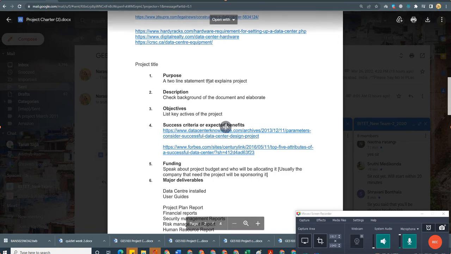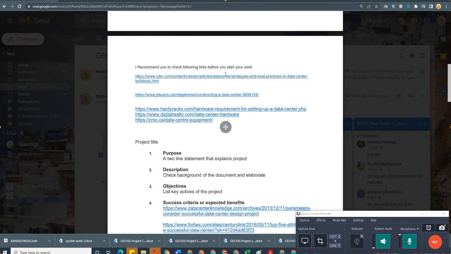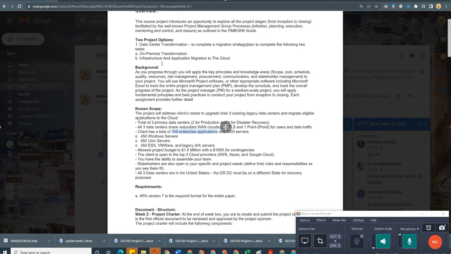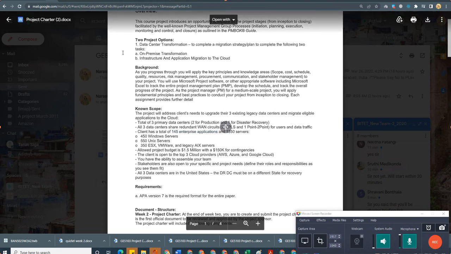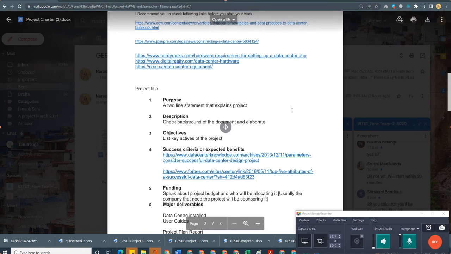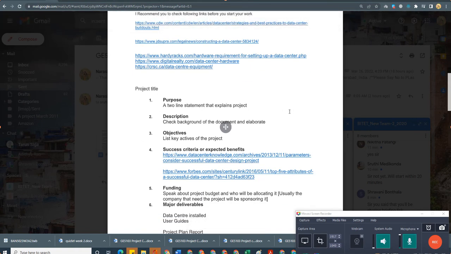Okay, first let us start with purpose. Based on your project, whether you are going to implement a data center transformation, on-premise transformation, or infrastructure and application migration, whatever your project is, or if you are doing both activities, I guess you can choose any one option, but it is better to choose both. You can give a 2-line statement explaining what the purpose is, what this project is going to do.